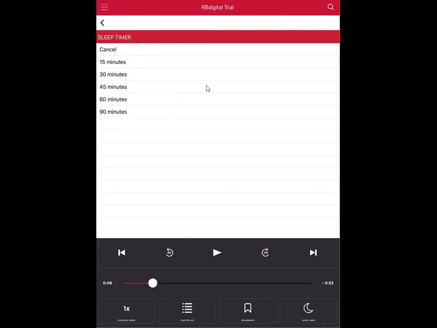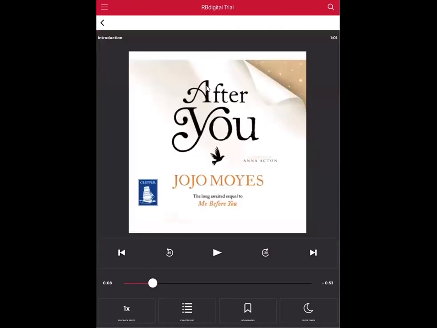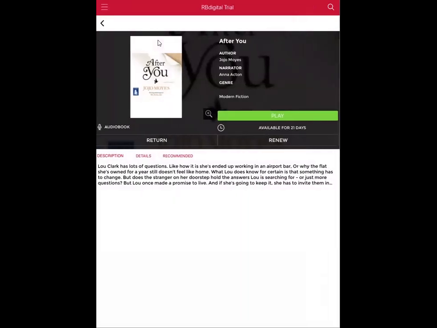So I'm going to click the back arrow again, go back into my book, and as you can see, we've also got rewinding through chapters, or going forward through chapters, then going back 30 seconds and forward 30 seconds. Or I can simply tap play with my finger to continue reading. So I'll pause here. And if I go back, so click the back arrow again up here, you can see now that once I've